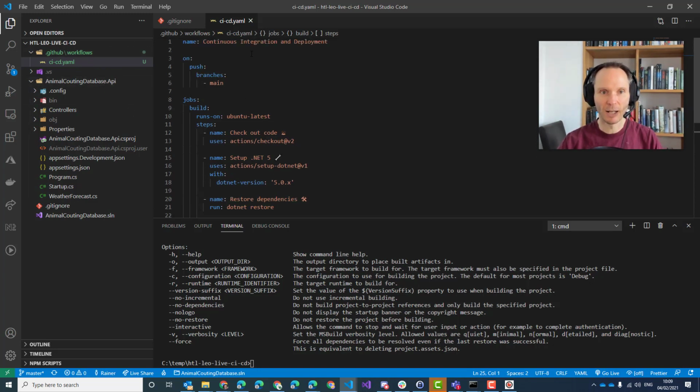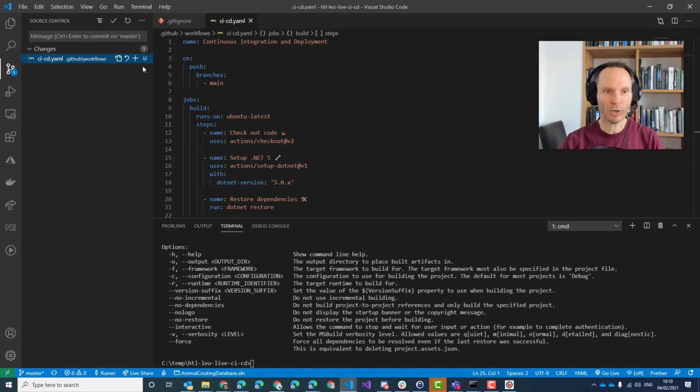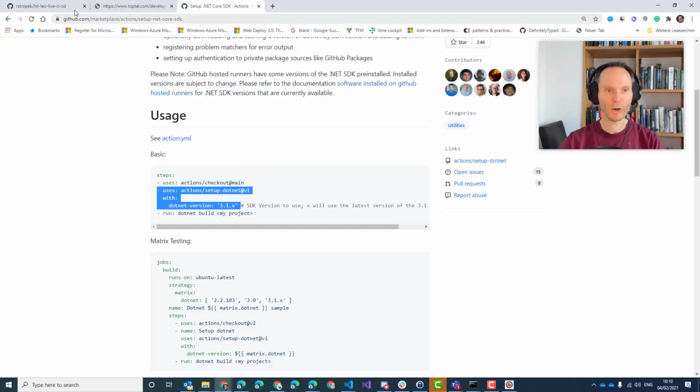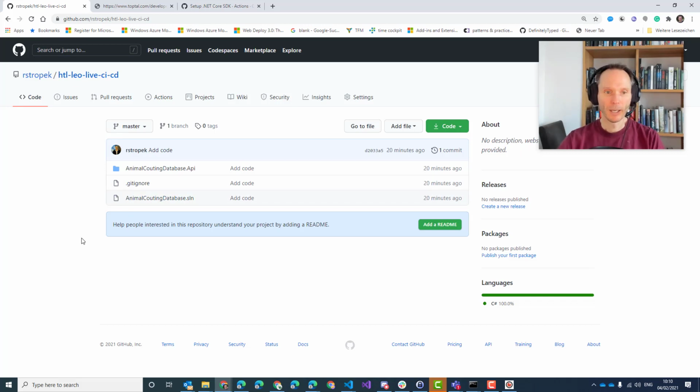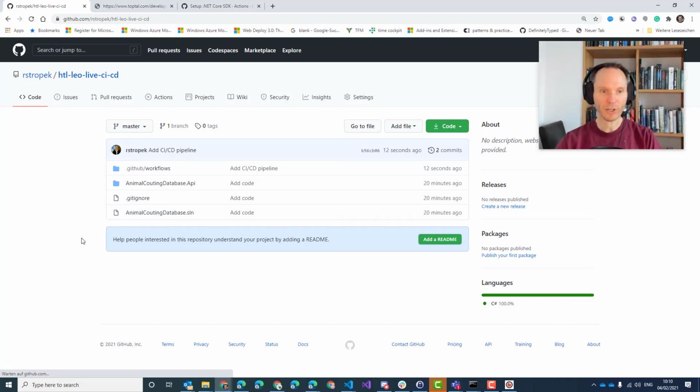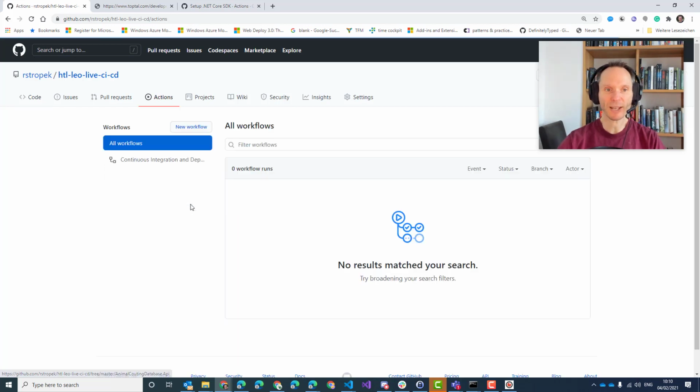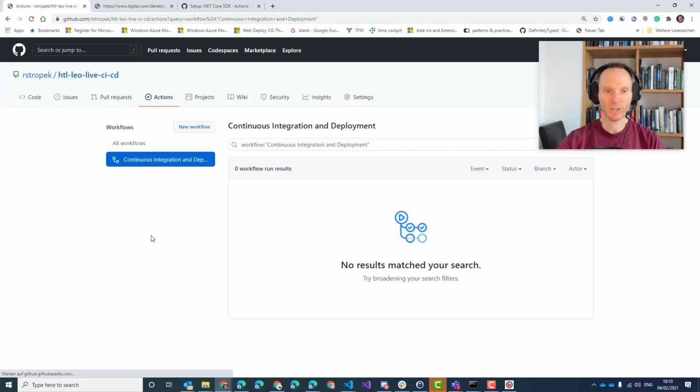Let's check in this CI/CD YAML. So go here, edit, add CI/CD pipeline, check, push, and let's go here to our browser window. Now, if I refresh it here, it seems that nothing has changed, right? A lot of things have changed. If you go to Actions here, you will see continuous integration and